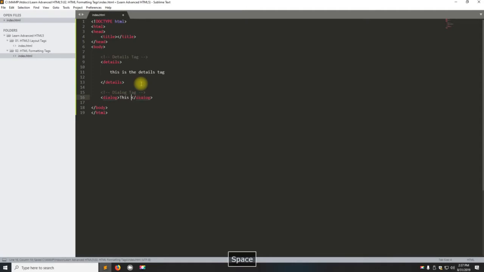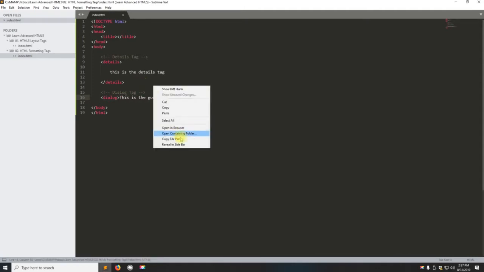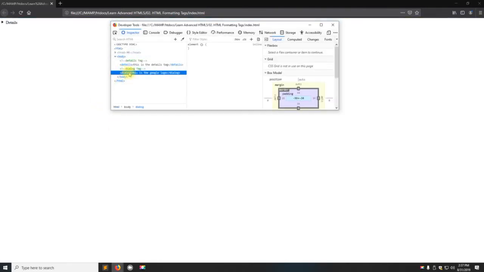Okay, this is the Google logo. Okay, now what I'm going to do is right click open in the browser. Now you're not going to see anything here because if I inspect this, right now it's commented out, right? So